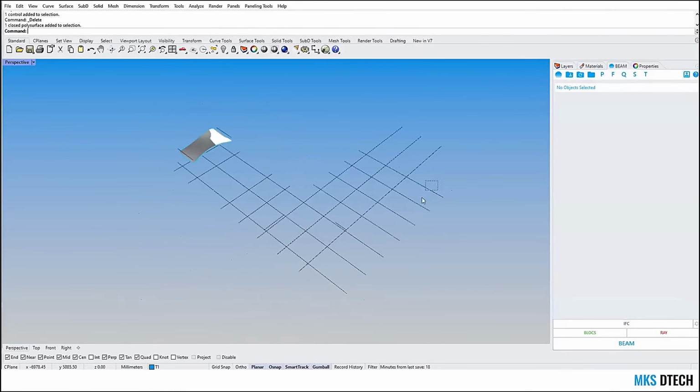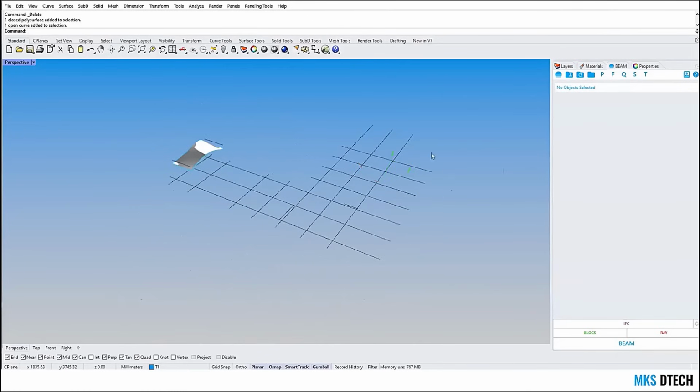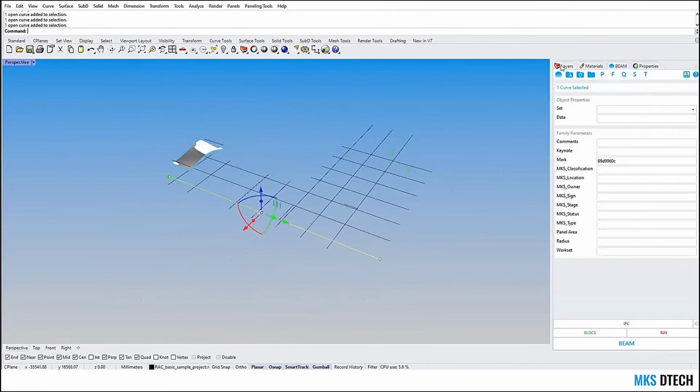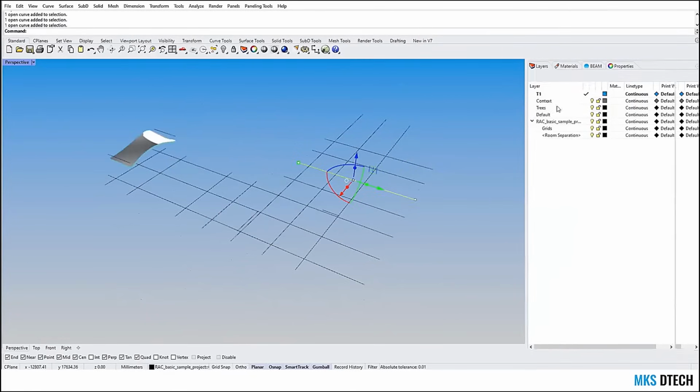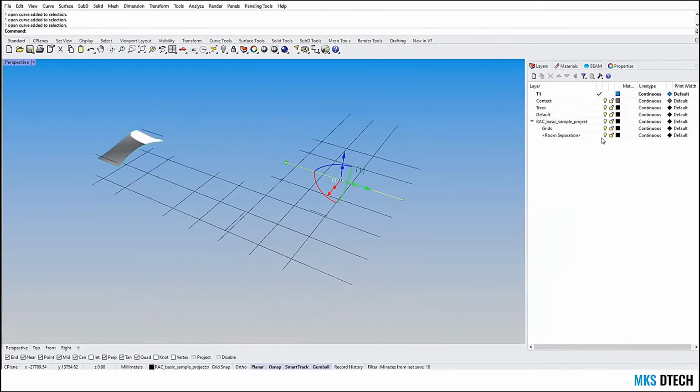And when we select the grids, we can see that the grids are imported to a specific layer, and this is another thing that might make your life easier. It is inside Revit with the name of the Revit file, grids as the name of the layer,